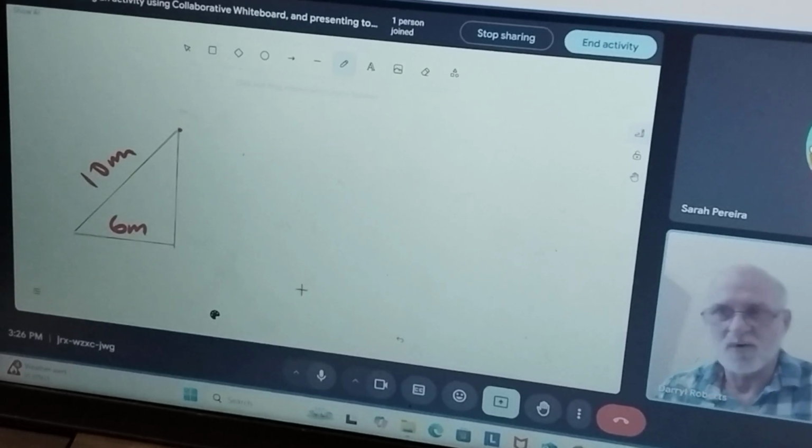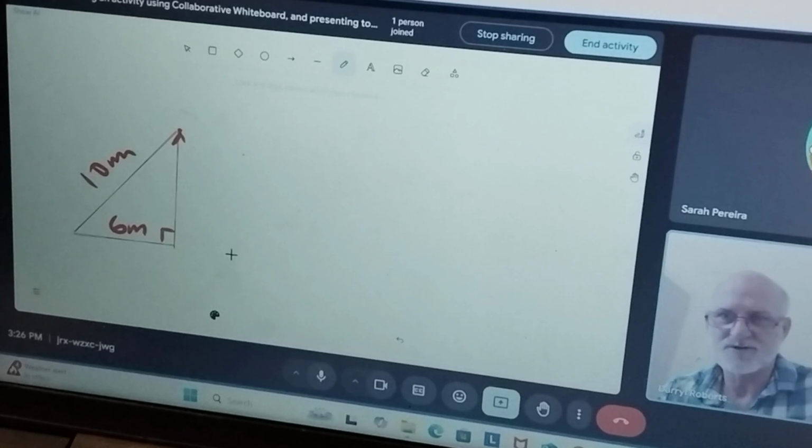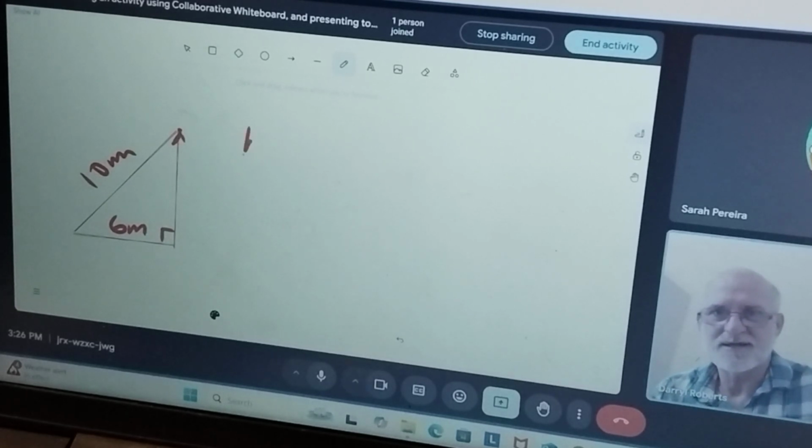How high is the wall? So they want the height of the wall. Well, this is just Pythagoras. There's your 90-degree angle triangle. So you're just going to say that your height squared